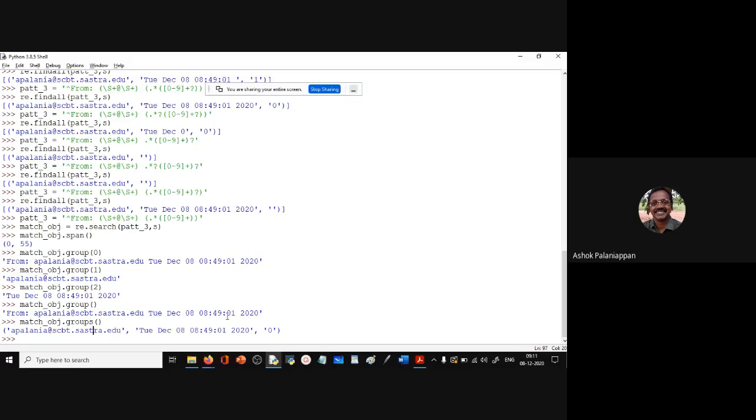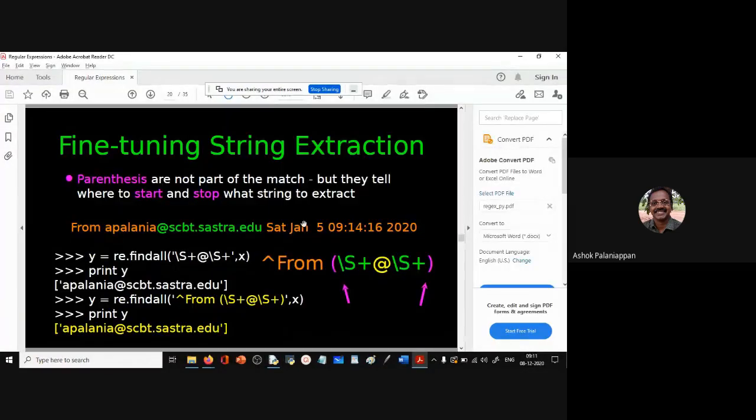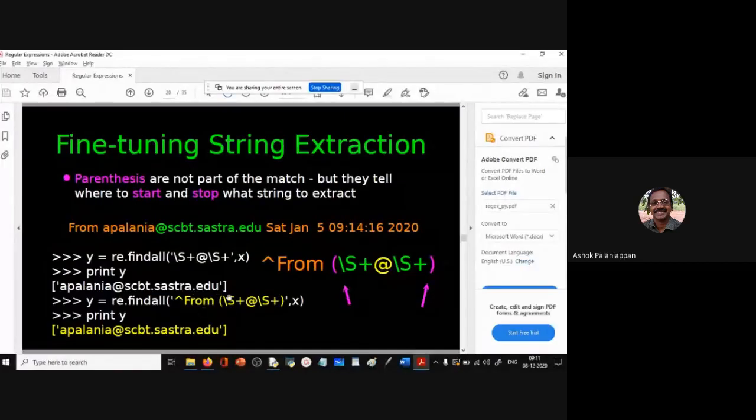So these are two ways by which we can query the text with our patterns. Okay, so we have seen these two functions, and we've also seen some nuances about how to construct the patterns. Let's go back to our text and do a little bit more before we come back to our session. This is what we have done. We have enclosed the email address within parentheses, and we have seen how to work with the parentheses.